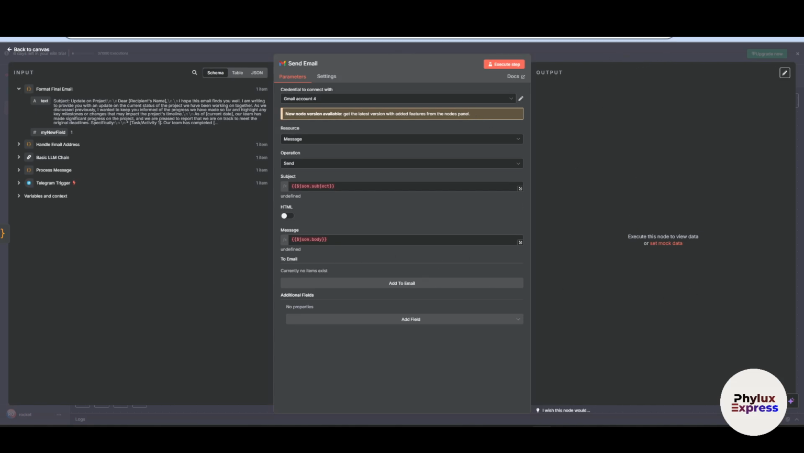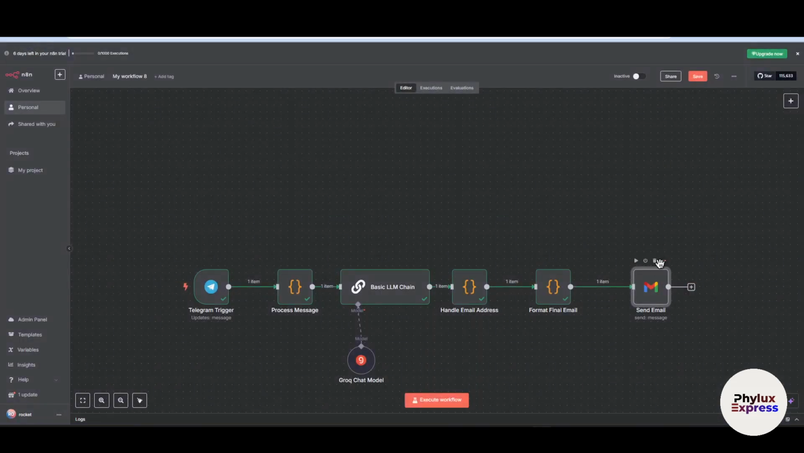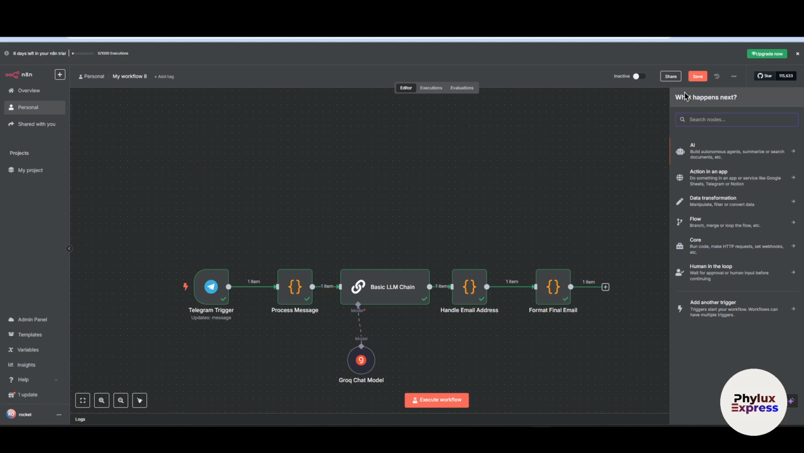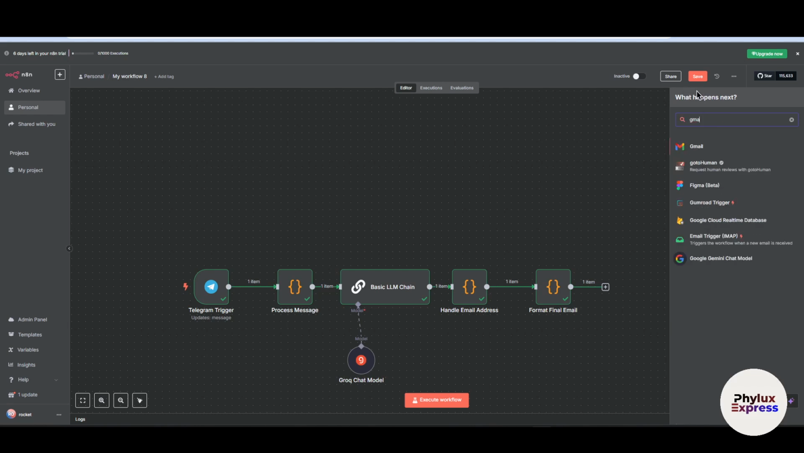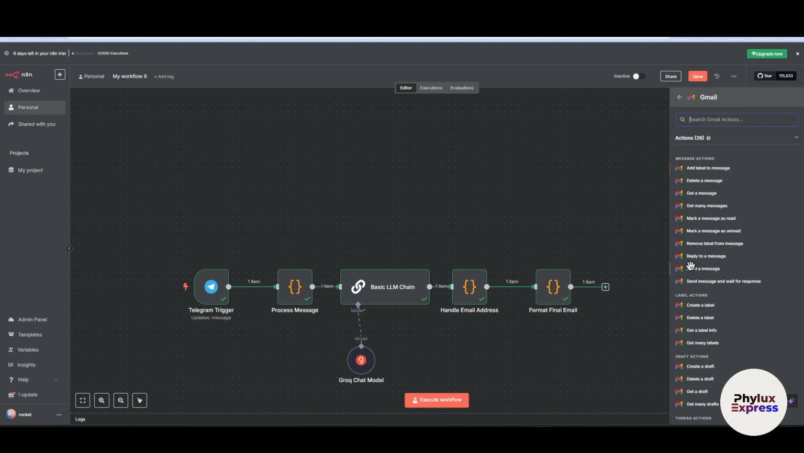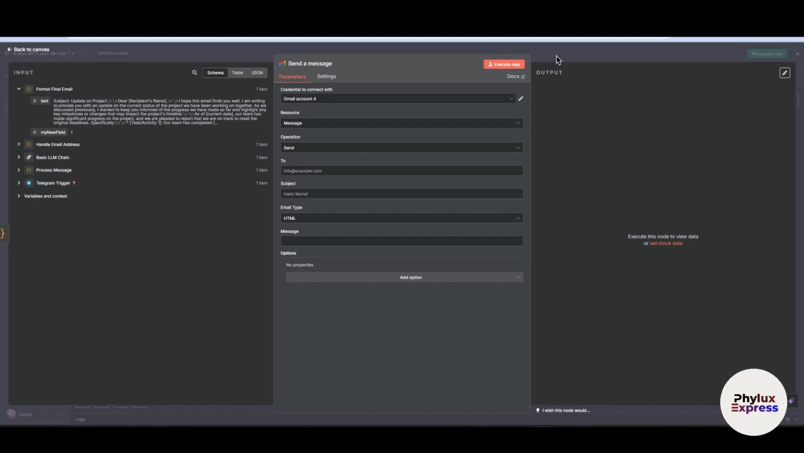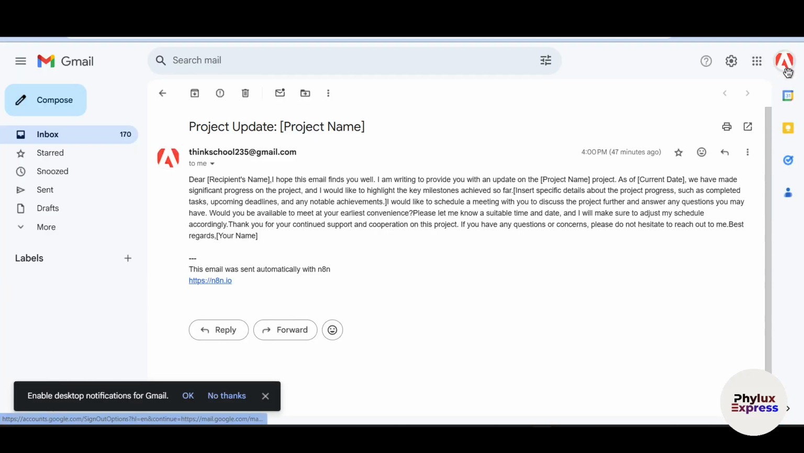Let me just delete this. This is the older version. So I will delete this email node and I will add one more. Just search for Gmail, and in the action you have to select send a message, so it will send a message. Now as you can see in this node, we have to add an email address. So I will add mine. Just simply copy this